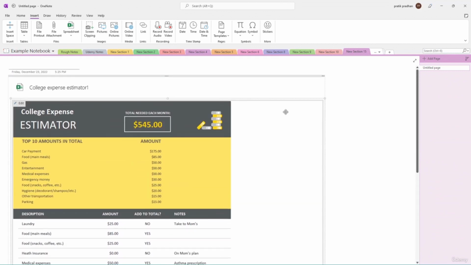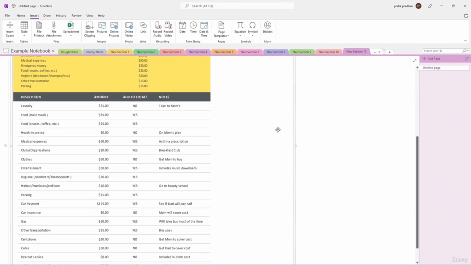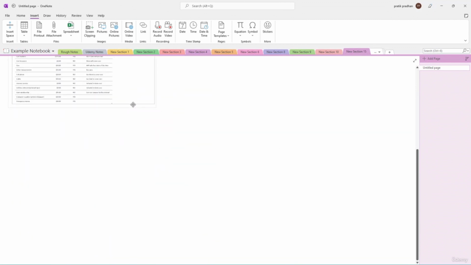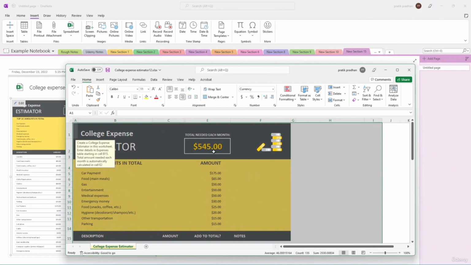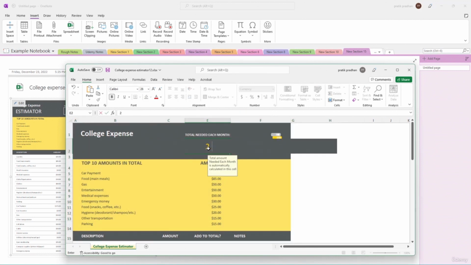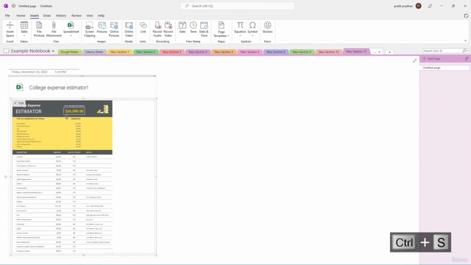The spreadsheet content is all here. You can go around, resize it as if it was any image right here. So let me just go around, resize it. But if you want to go around and edit this, you can click on edit right here, just like this. And then it'll open up the Excel sheet, so you can go around and change any value that may be there. Let me just go around and save the Excel sheet right here,